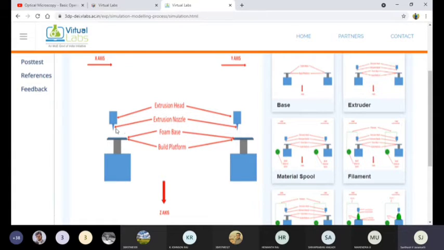I will explain the shape and size of the nozzle at the beginning of the classes. The diameter of the extruder nozzle determines the thickness of the layer which can be produced, right? This is the nozzle, and this is the nozzle head or extruder head, on both sides.